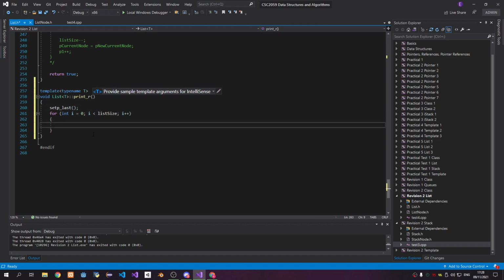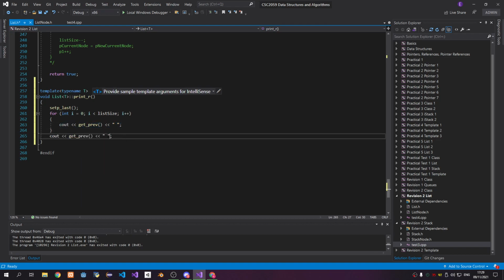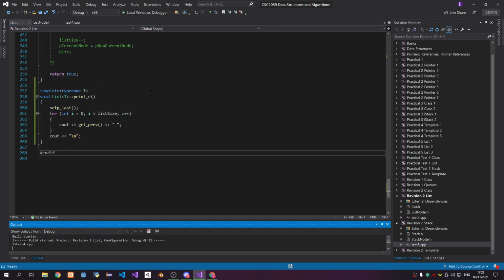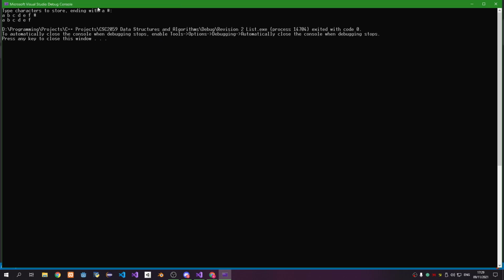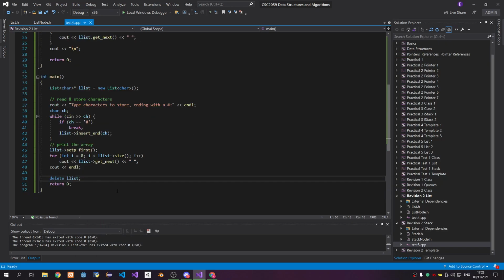Then I do print get previous, get prev, space, and then new line. So it'll set p to be the last one. I'll print it and then I'll explain it. Just give it some random letters. Alright, I'm not testing it yet because